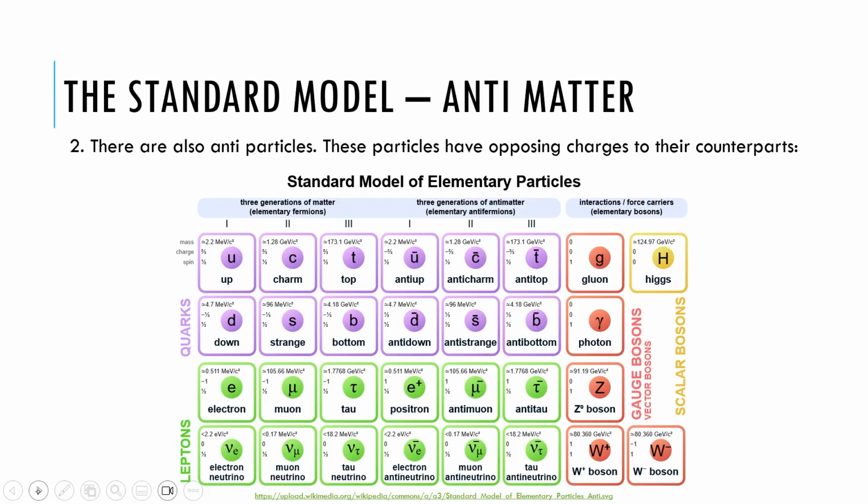So for our up, charmed, and top quarks, which all have 2/3 charge, the anti-up, anti-charm, anti-top quarks all have a charge of -2/3. So if they belong in the top row, their charge is plus or minus 2/3. For down, strange, and bottom, which usually have a charge of -1/3, their antiparticles are positive. For the top row of leptons, they're usually -1 in charge, but again, their counterparts are positive. And for neutrinos, whether we're talking about a neutrino or an antineutrino, their charges will be 0.